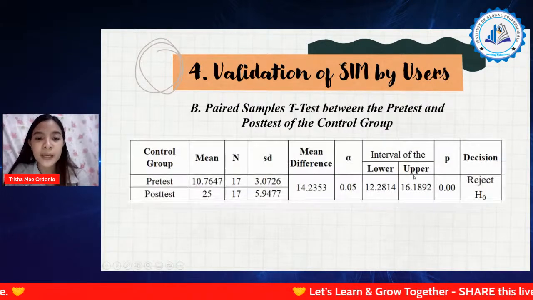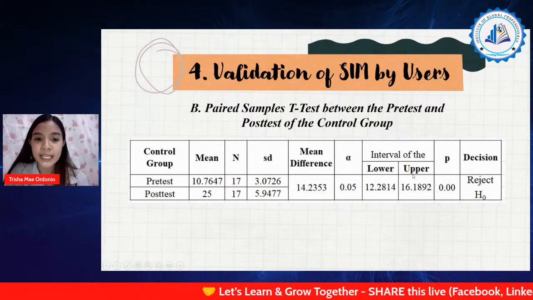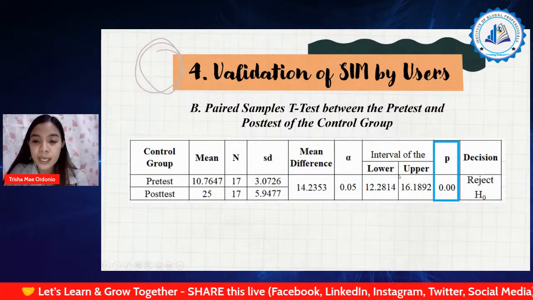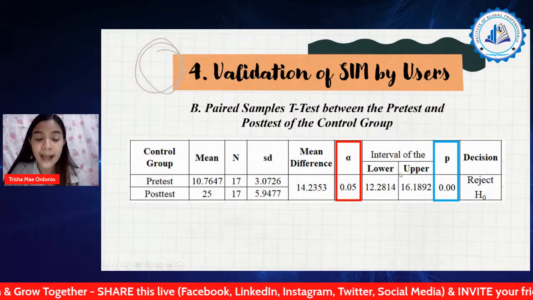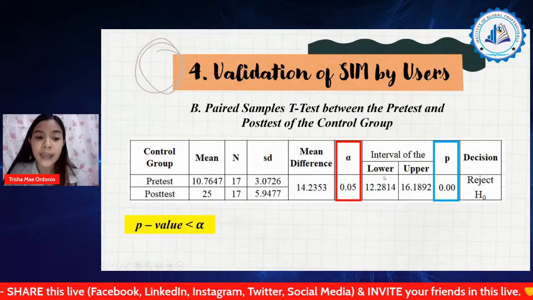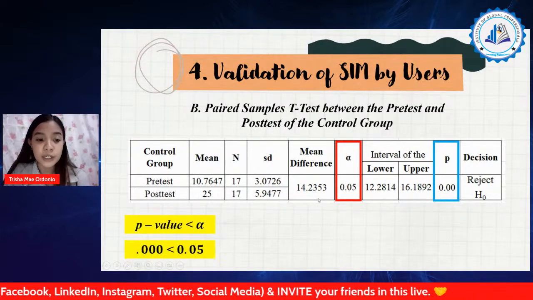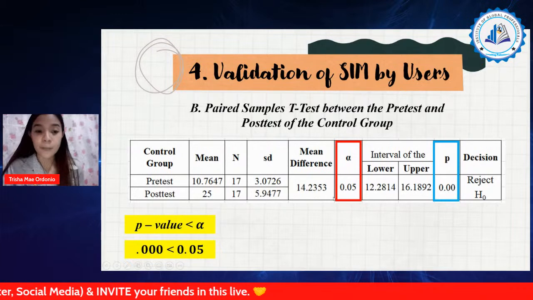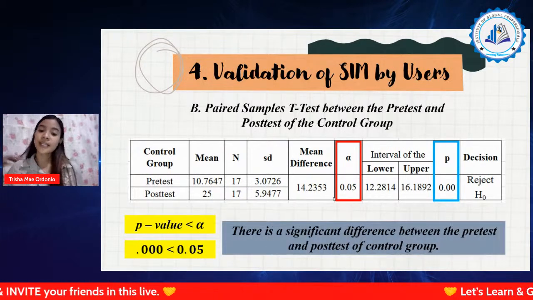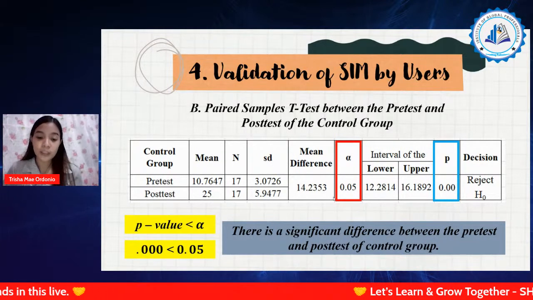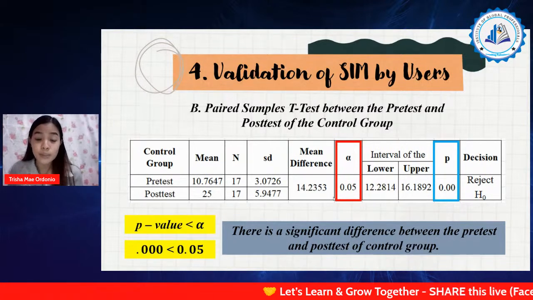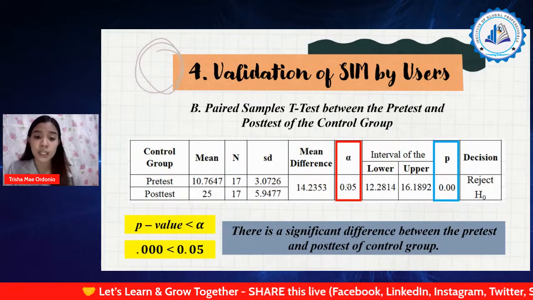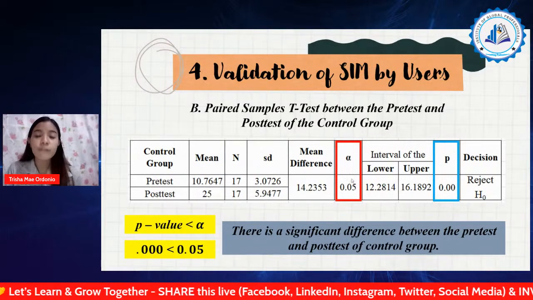Next, we have the paired sample t-test between the pre-test and post-test of control group. We have here the p is 0 and the alpha is 0.05. Since p-value is 0 is less than 0.05, reject null hypothesis. There is a significant difference between the pre-test and post-test of control group. We can say that traditional teaching is effective in the